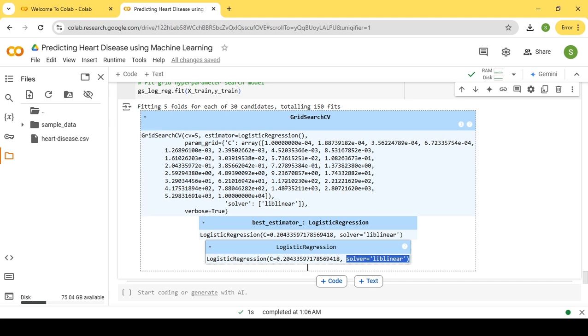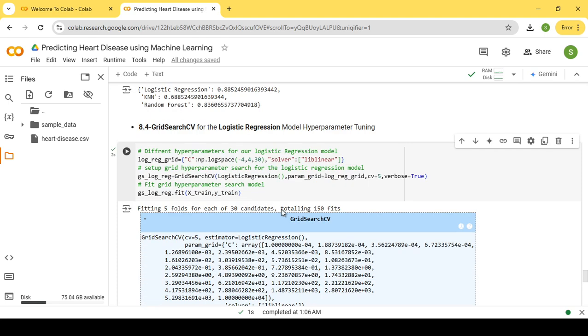So this is how we fit our model to use the GridSearchCV, which we applied to the logistic regression model. And we use our GridSearchCV to search the best hyperparameters and to evaluate the performance for each combination of the